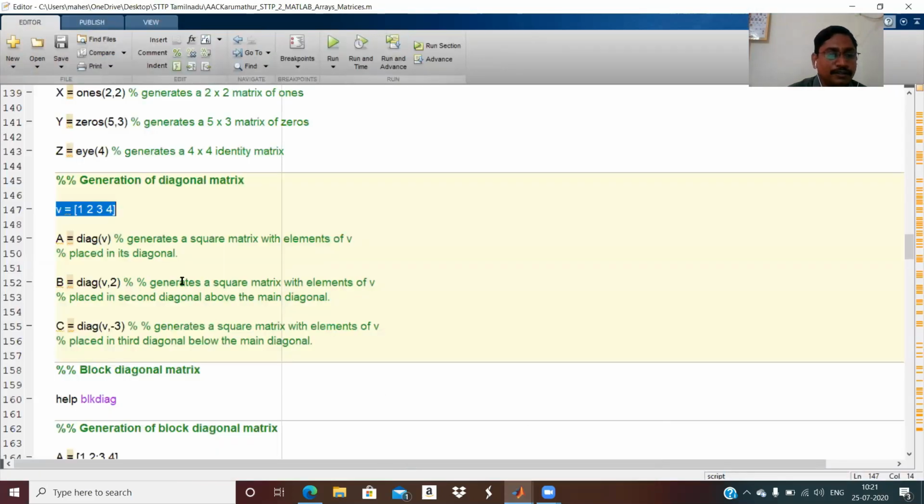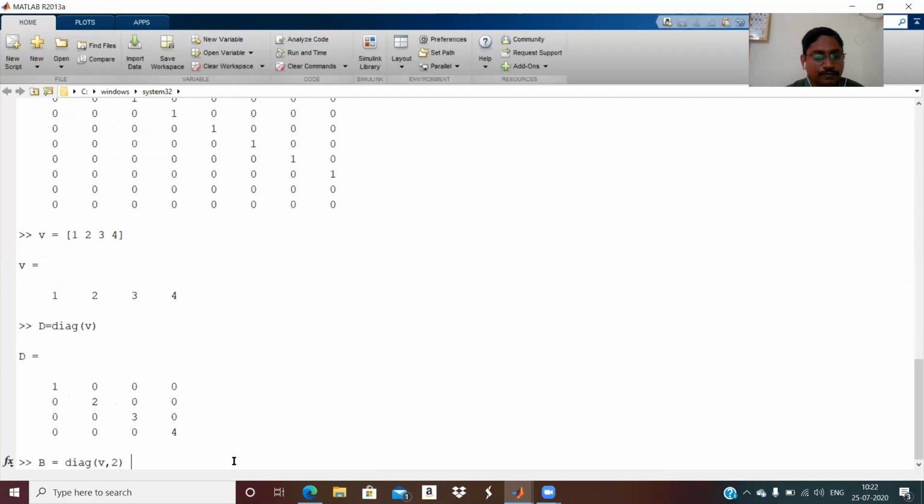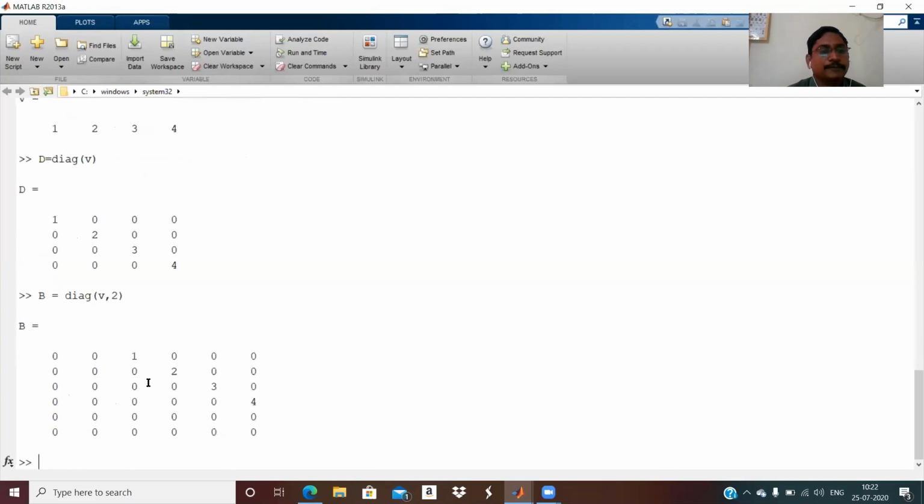Now another command generates a square matrix with the elements of V placed in the second diagonal above the main diagonal. Okay, we'll see what will happen here. You can see everything is placed above, on the second diagonal.